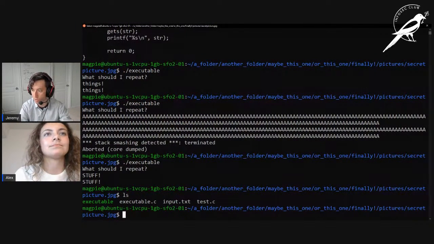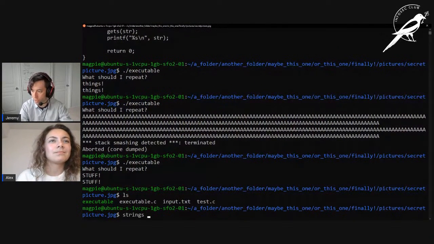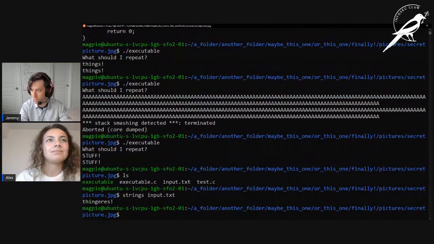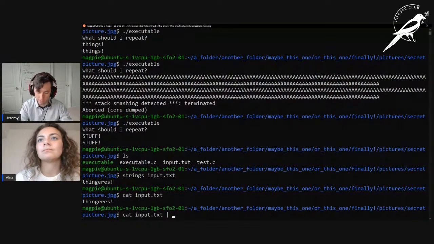So again, we want to print out what's in input.txt. And we can do that with strings input.txt, or we can do it with cat input.txt. Either one of those is going to read it out for us. So let's use cat input.txt. Then we'll use our pipe, and we'll pipe it directly into that executable.